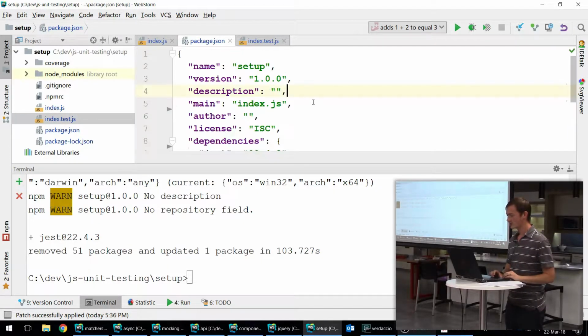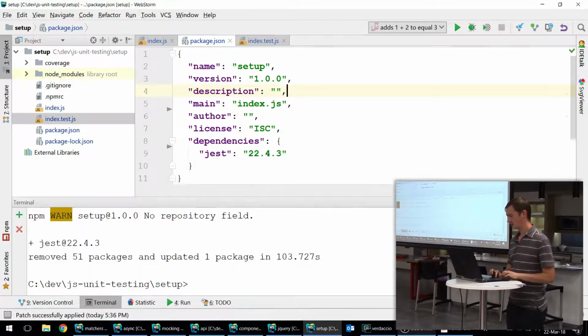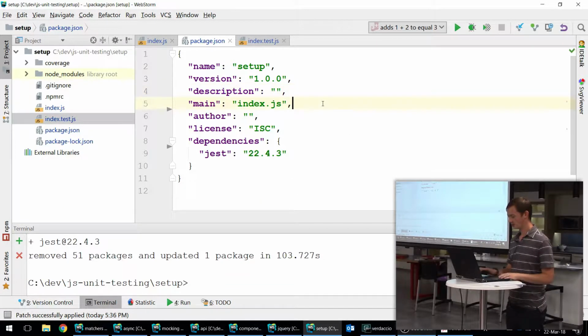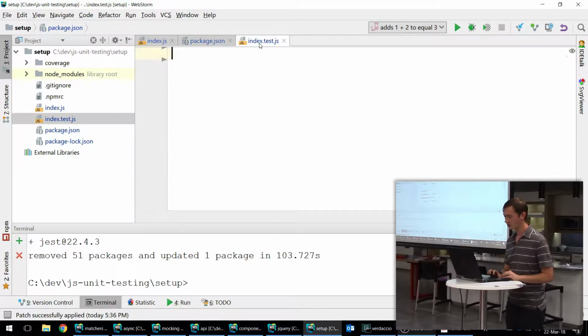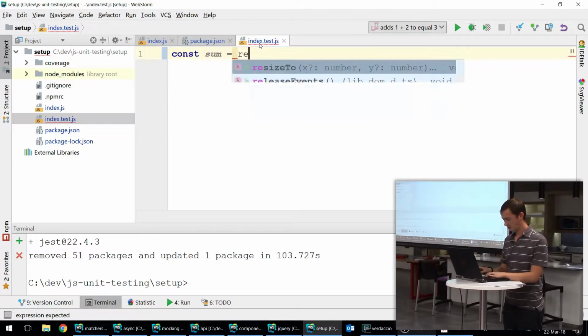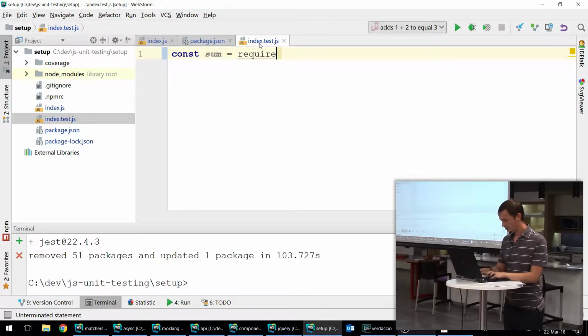Cool. To run Jest, we're going to need some sort of a script. So if we add a script section to our package.json, we just need to tell it to run Jest. We don't have to worry about giving it any other parameters or config files. It'll just work. Cool. So if we want to get our function, we can say const sum equals require, we can now get a handle on that. And to write our test,